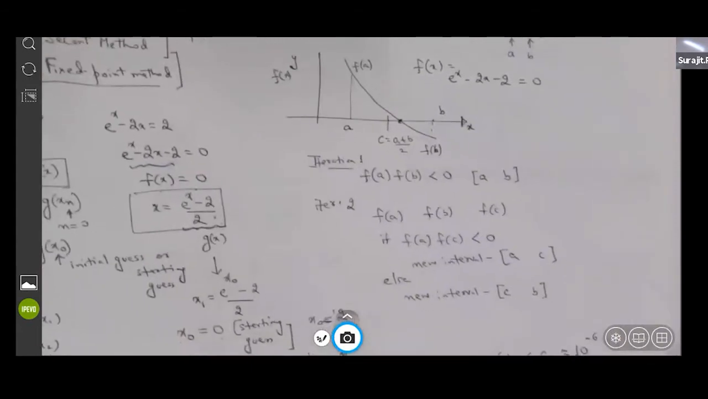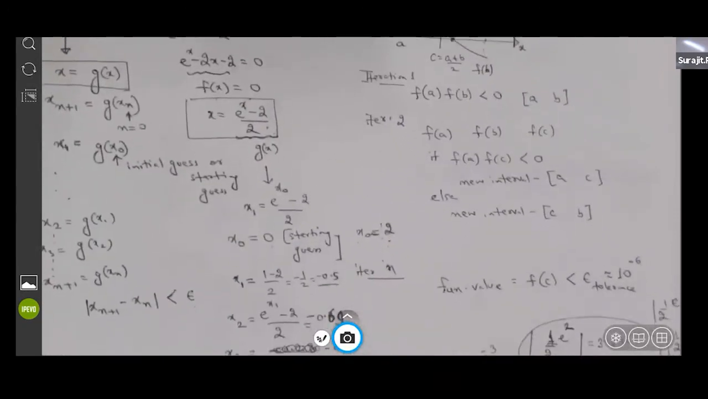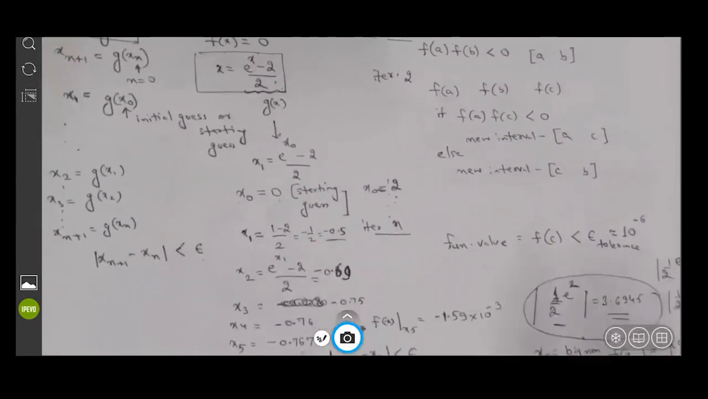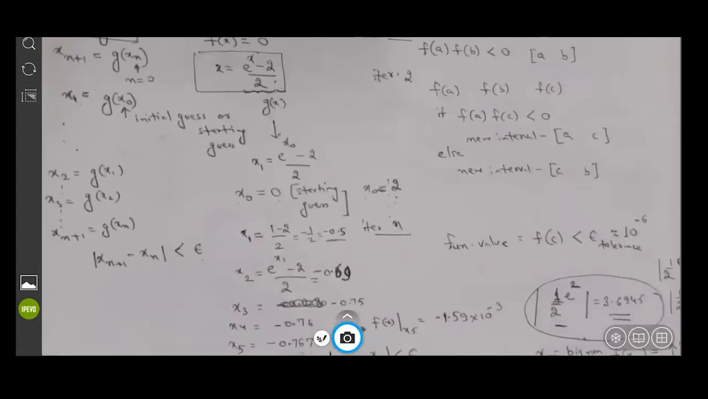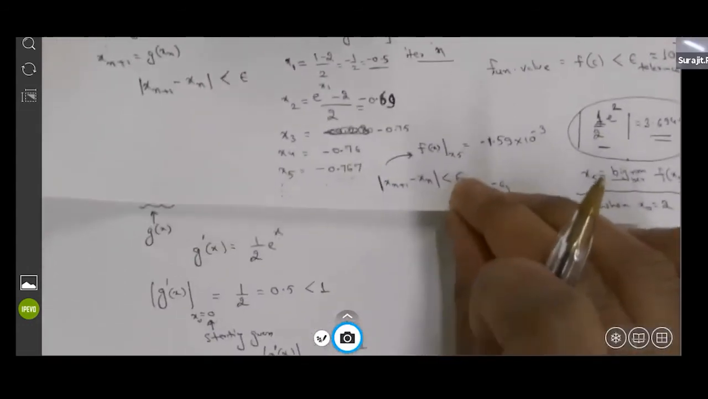Does that make sense? You said it only gives you one root, right? It may give you different roots as long as you are